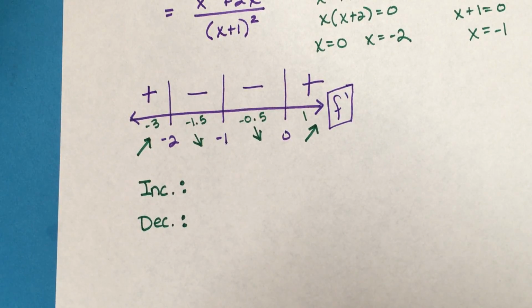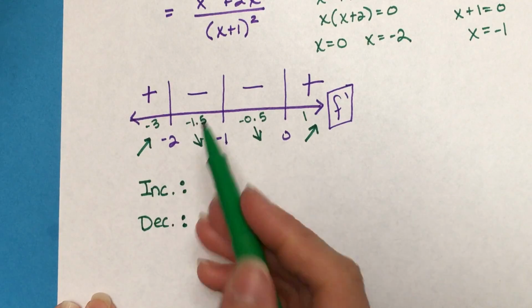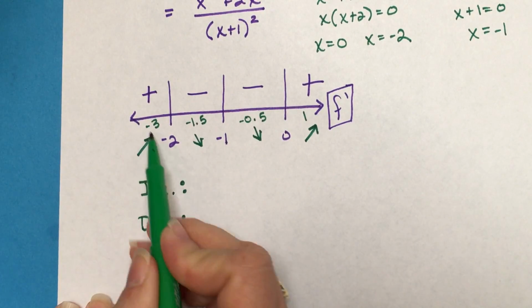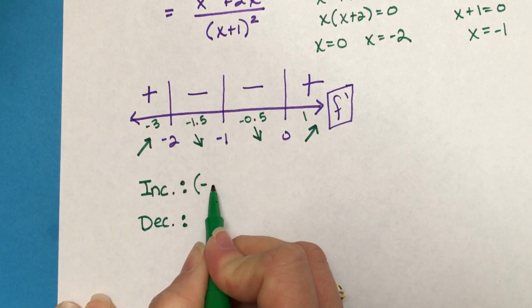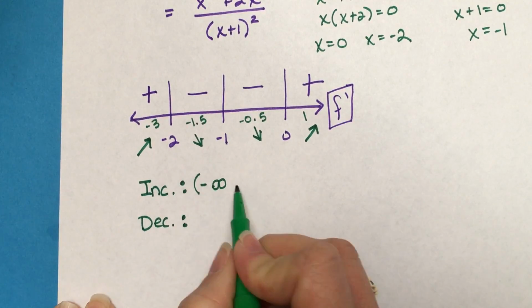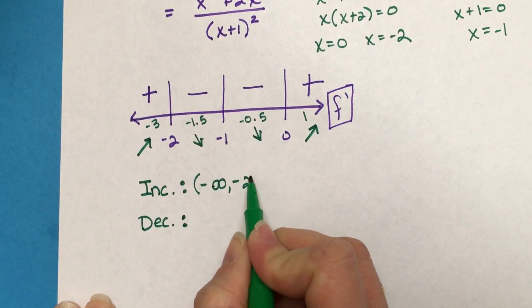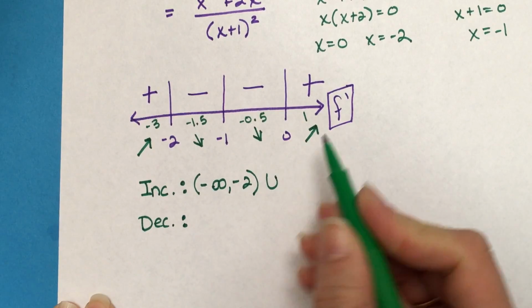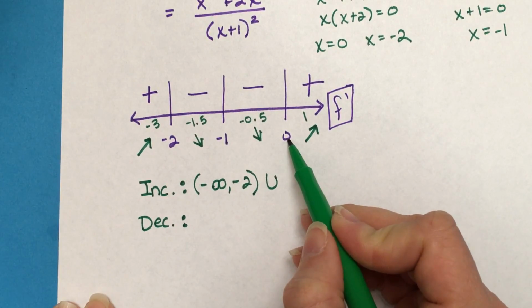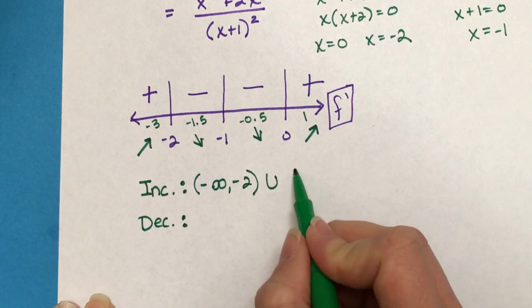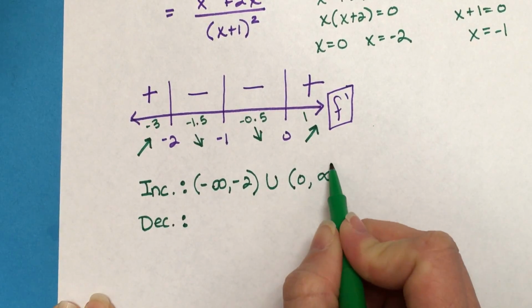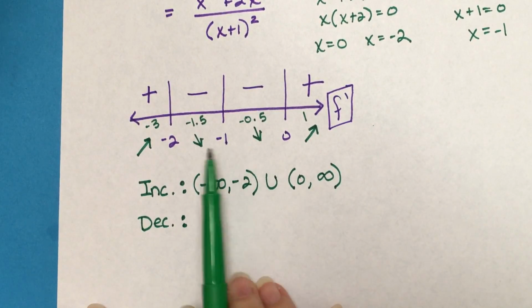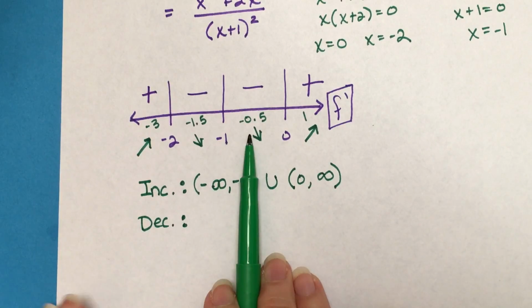All right, so you're going to increase. Of course, this is starting over here on the left, so this would be negative infinity to the negative 2. Now you also have an increasing section that would go from 0 to positive infinity. Now, decreasing, since these are side by side,